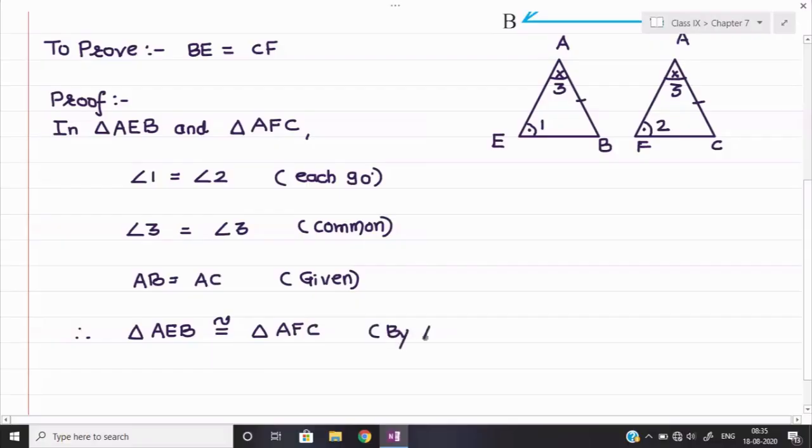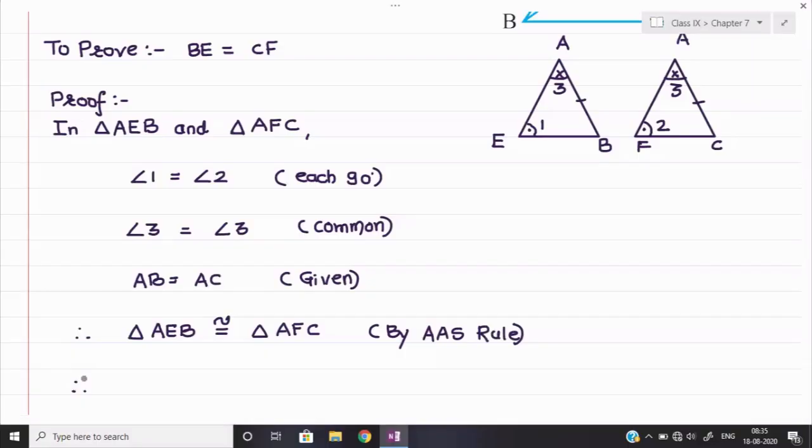Okay, be careful while writing the name of the theorem over here. It will not be angle, side, angle. You can see the sequence. That's why the two triangles I have drawn over here. So here I can say that by angle, angle, side rule, right? So we can say, therefore, now as I told you earlier, if two triangles become congruent, then the